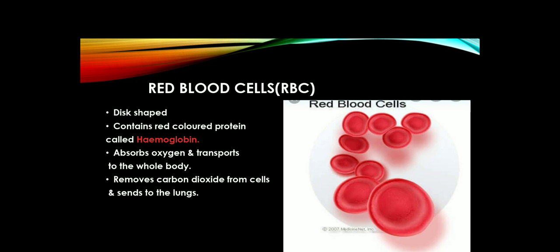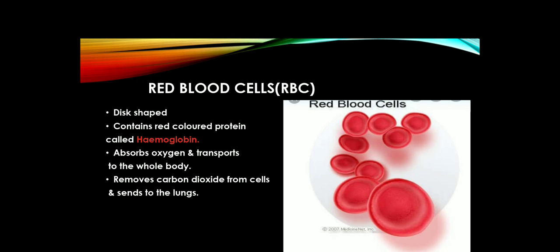Now we will learn about the red blood cell. Before also I told you it is disc shaped. We all know that the color of blood is red. Here we will come to know why the blood is red in color. In blood there is a protein called hemoglobin. I noted it here in red color, HAEMO, hemoglobin, GLOBIN, globin, hemoglobin. Red blood cells contain a protein. The name of the protein is hemoglobin. Because of the hemoglobin, the blood appears red in color.